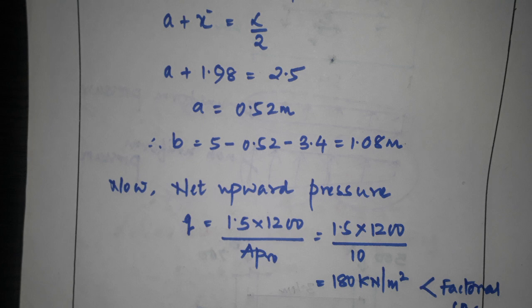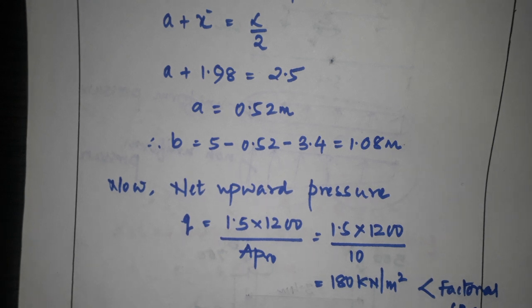Understood? So this covers fixing the dimension, calculation of area, and adjusting the offsets A and B from columns A and B to make the CG of load and CG of footing coincide. You go through this, and if you have any queries, we'll discuss in the meeting. Okay, thank you.